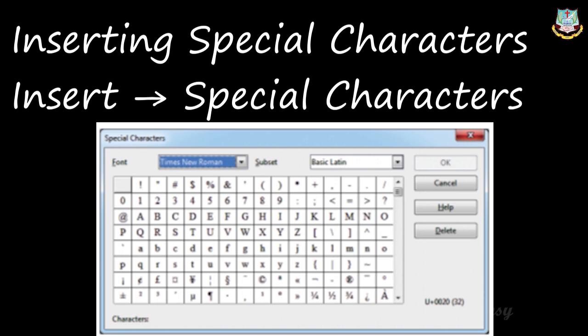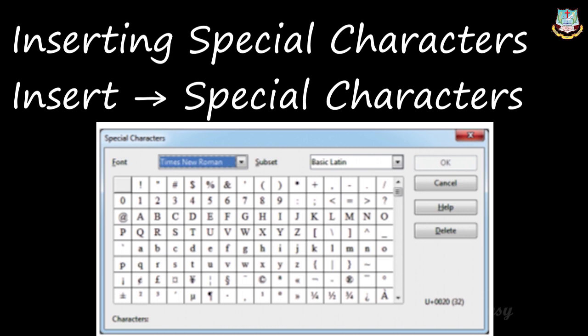So to insert this special character the same way as we did for the inserting pictures, first you have to place the insertion pointer in the document where the character must appear, and then you can go to insert, and from the insert menu you can just click on the special characters. Okay, then the special character dialog box will be opened.